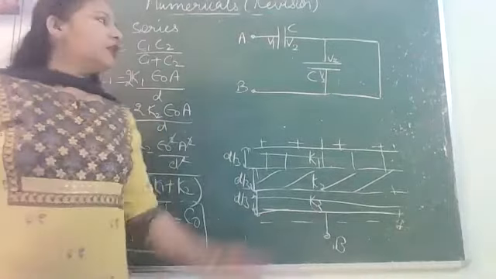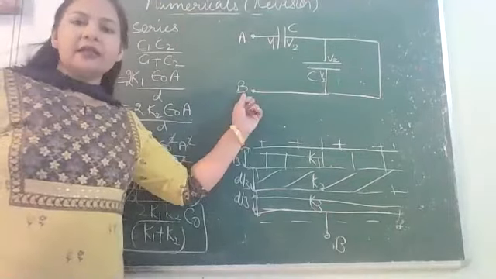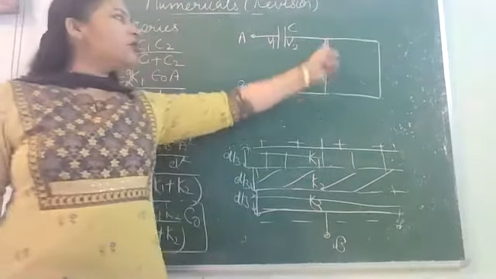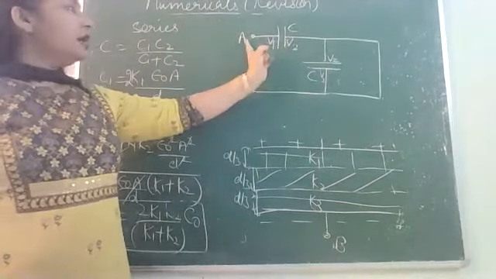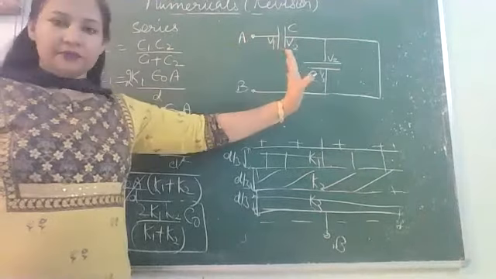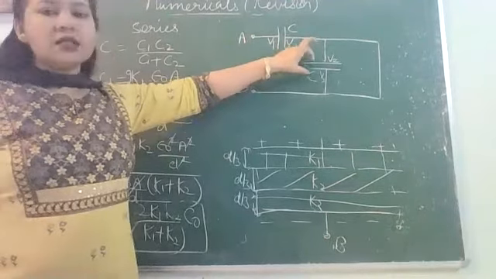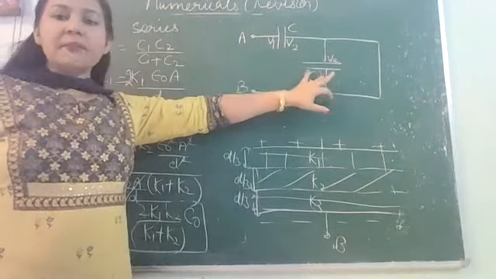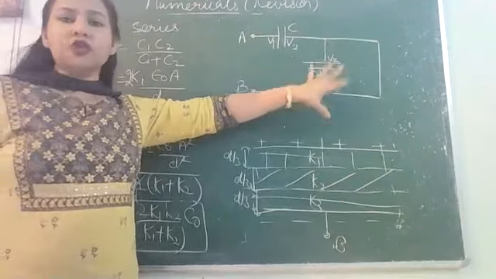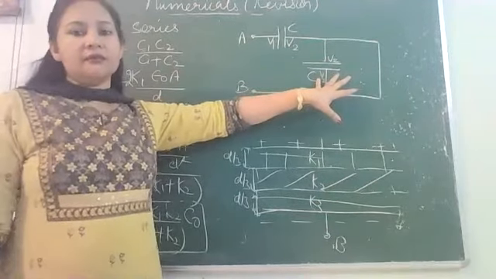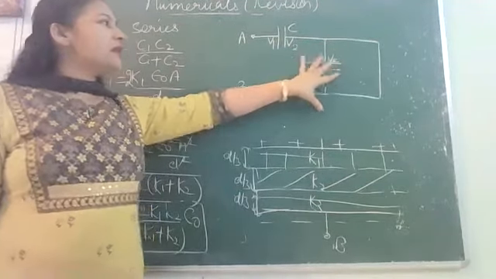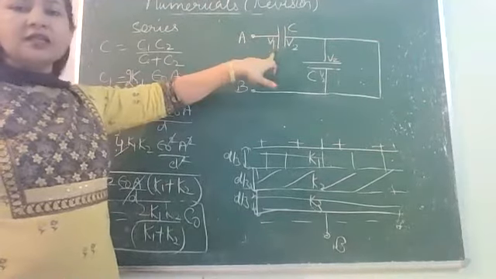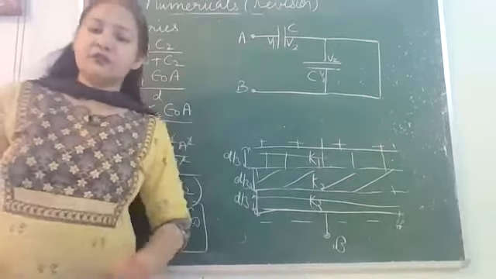ठीक है। तो suppose B plate is at a potential V2, so wherever the wire goes, the same potential will flow there, and A plate is at a different potential V1. Now you see that across this capacitor there is no potential difference, so this capacitance becomes ineffective, short circuiting is taking place. So we will ignore this capacitance, so equivalent capacitance of this network is only C, that is having some potential difference V1 and V2.